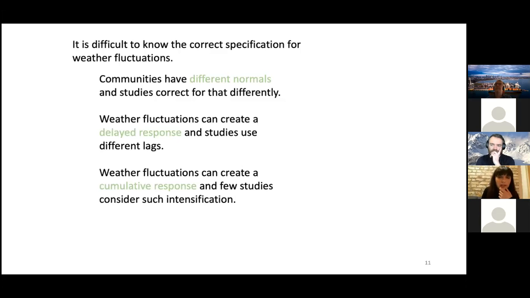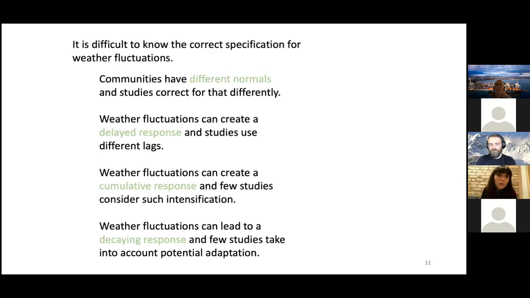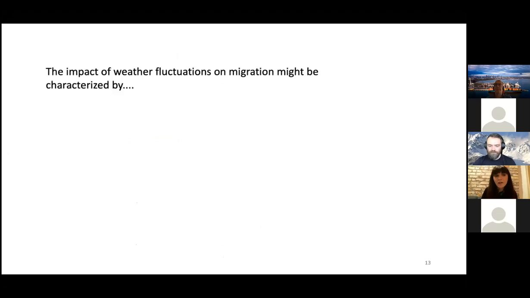There's also a potential nonlinear response when it comes to weather. You can expect a cumulative response. For example, lack of rain in 1 year might not mean much to a community if there's an irrigation system, but over time, if there are additional years where even the irrigated water is depleted, then you might suddenly see this response. Or you might observe the opposite. You might observe a decaying response when a community adapts to a situation, switches crops, or comes up with a new technology so that you don't see the same effect. So this is just to say that it's really hard to know what the best way to go about this is, what the best measures are.